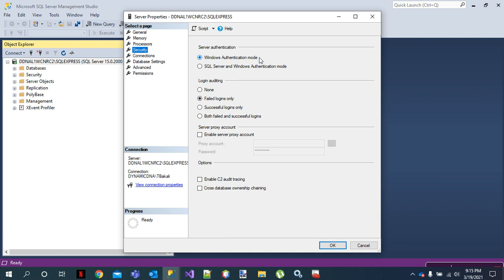So you are already a user on this machine. There is no need for you to put a password. It's just going to go to Windows and capture your username and assume you know the password of your computer, and voila, you are in. There will be no password asked, no problem. But you will want to log in a predefined way wherein every user on this server has a username and a password, right? So you click on the second option.